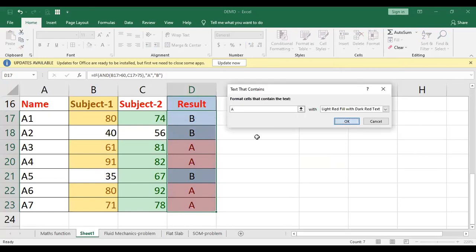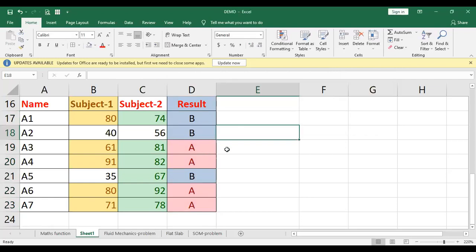And if you just click OK, that A has been changed. Now you will be able to see that A has been highlighted with a different color. Though I have not given for the B, but only for the A, we have only two grades, A and B. So I have highlighted only the A part. So that's how this formatting is also possible.